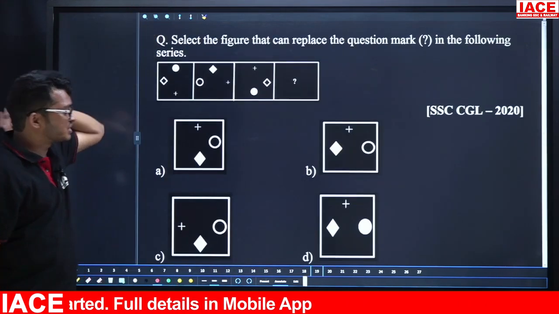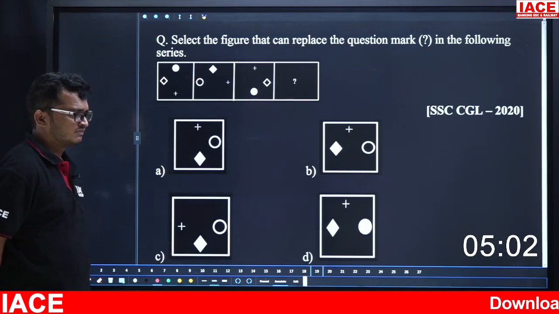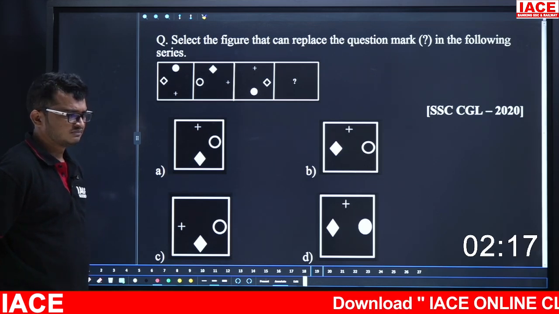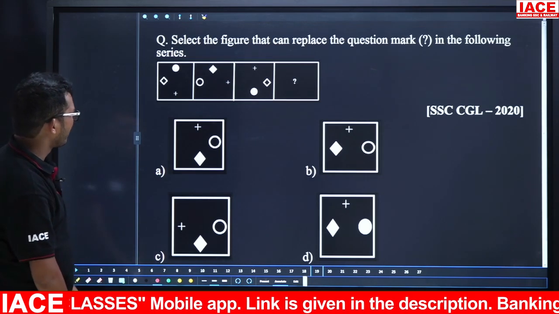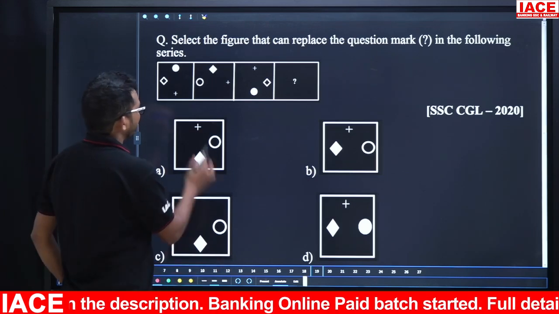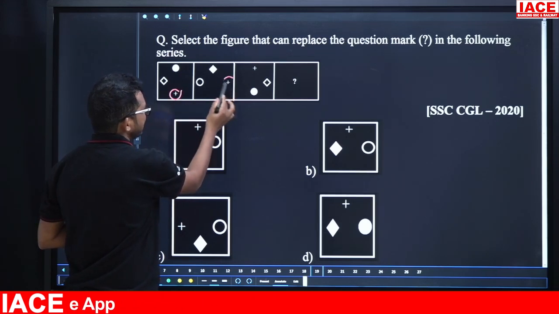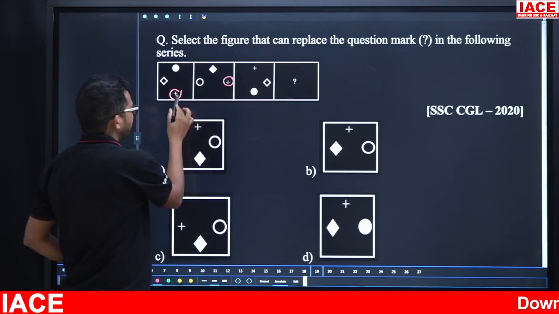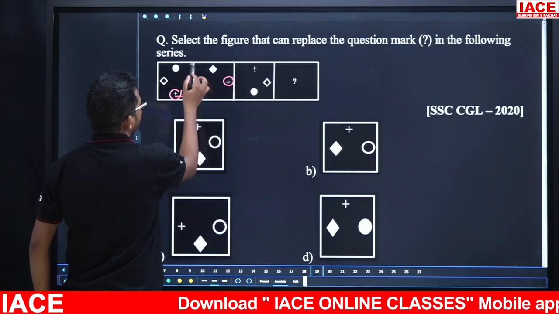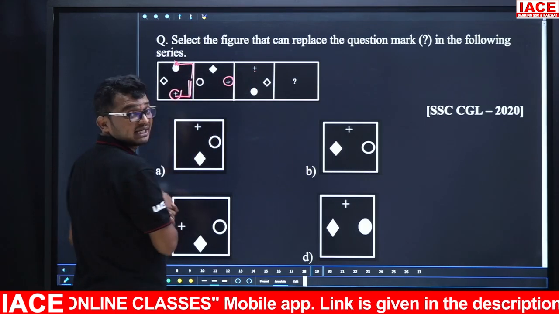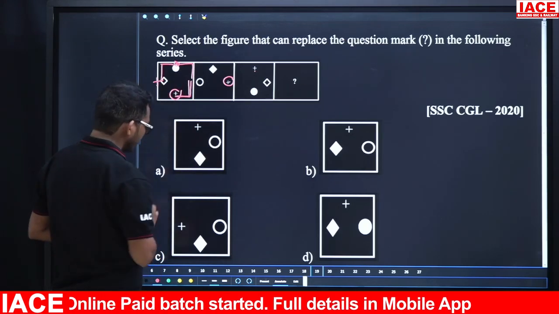Take next question. Your time starts now. Time up. So take the given one. Friends, for this type of question, compare diagram with diagram 1. Here the plus is in the middle, and here the plus is on the right side middle. That means the plus is moving one place. Again the plus moves half a part. That means in the next diagram the plus will move one part, so now the plus will be on the left side.